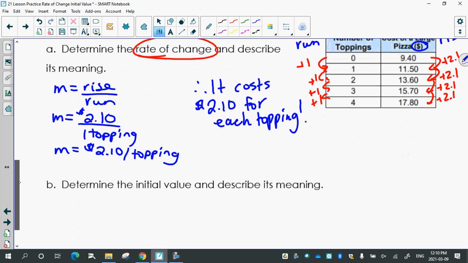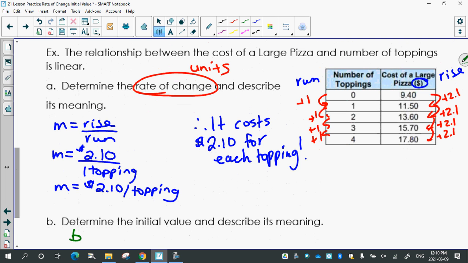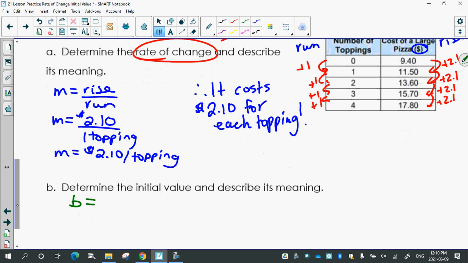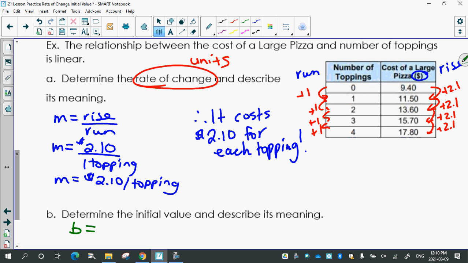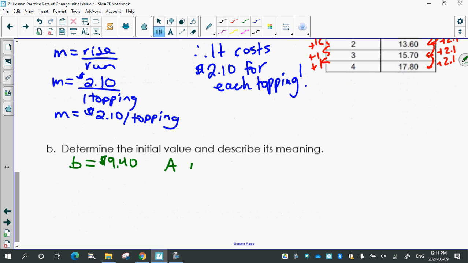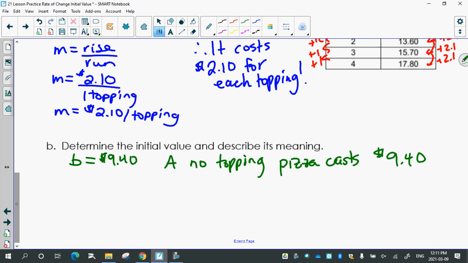Okay, so that was the easy one to interpret. Determine the initial value and describe its meaning. So where do I find the initial value in a chart if it happens to be there and I'm really lucky? The number beside 0, very good. So when there's 0 toppings, it still costs $9.40. So B is $9.40. So what would that mean? A no topping pizza would cost $9.40. I'm not sure whether that's just crust and tomato sauce or cheese too. Not sure. Have to ask. So there's our initial value